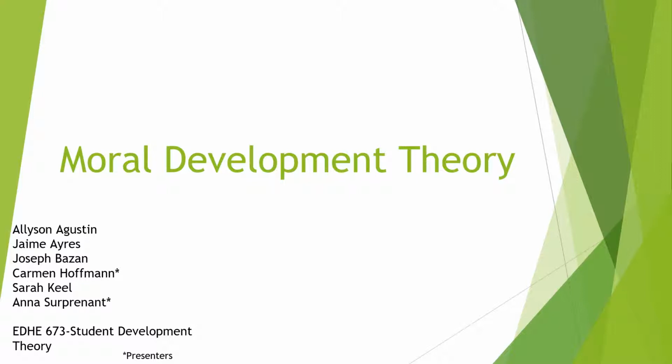In this module, we will talk about moral development theories created by three key theorists, Lawrence Kohlberg, James Rest, and Carol Gilligan. So let's first define moral development. Moral development is the process through which individuals develop more complex principles and ways of reasoning about what is right, just, and caring.